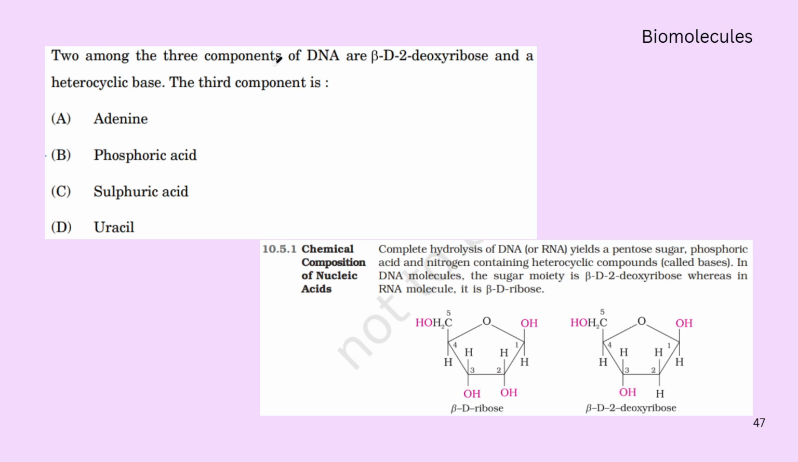Two among the three components of DNA are beta-D-2-deoxyribose and a heterocyclic base. The third component is what? So when you think about it, adenine and uracil, both of these are actually those nitrogen bases. Sulfuric acid, not present in our DNA,